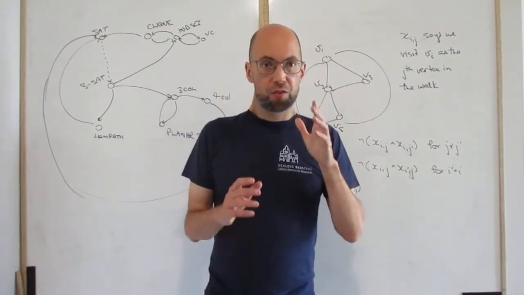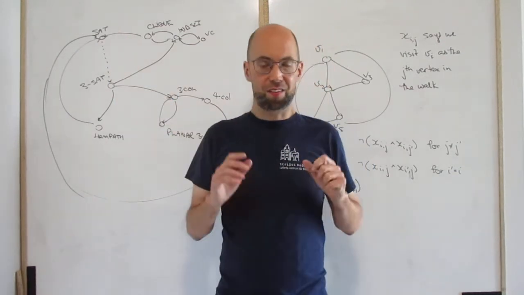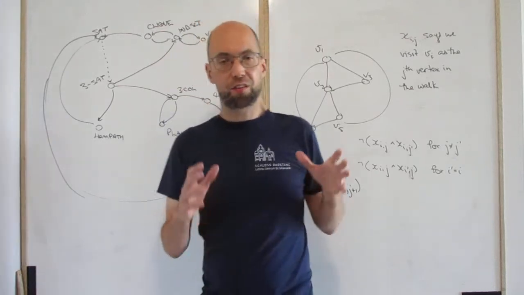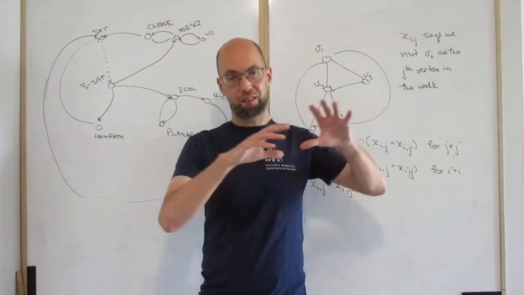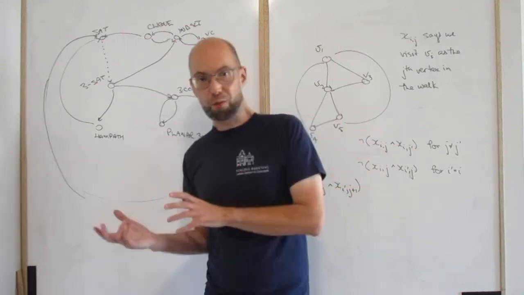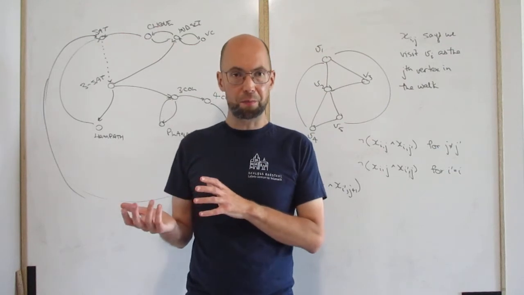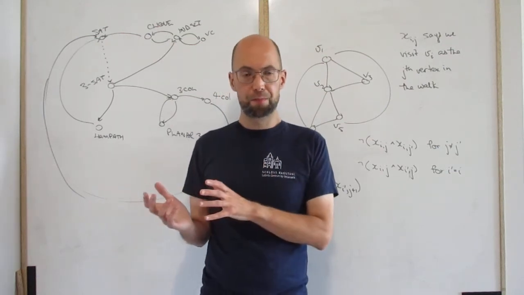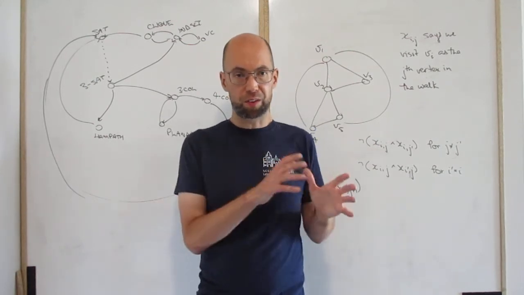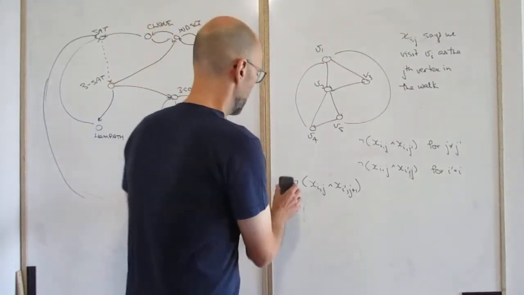Okay, so this is something called the Tseitin transform. Basically the Tseitin transform says that if you're given a formula, you can produce another formula which is in conjunctive normal form, so CNF, which is satisfiable if and only if the original formula was satisfiable. And basically what you're going to do,